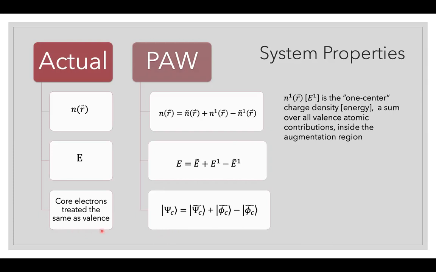In reality, we want to treat them the same, but that becomes very cumbersome very quickly. So we split it just as PAW splits it in terms of this equation. Just as a note, these one center charge densities and energies are treated on a radial support grid for implementation